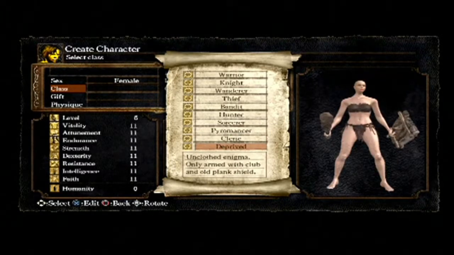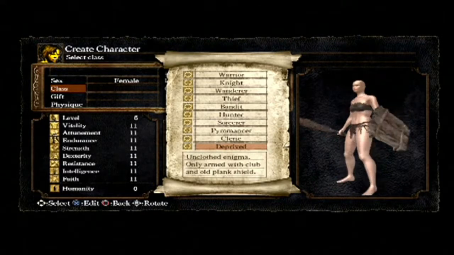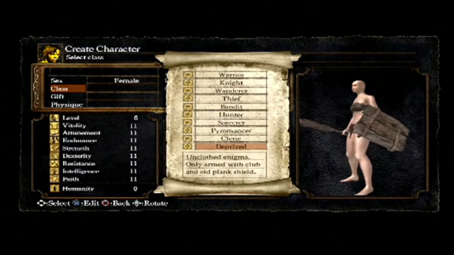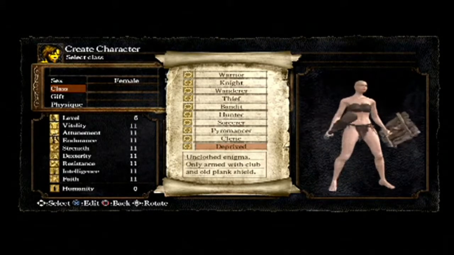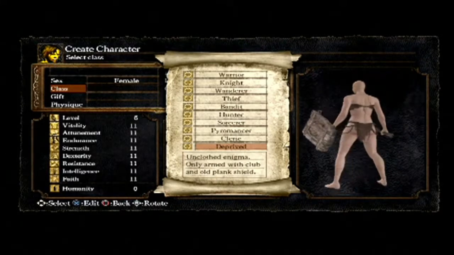And Deprived. Unclothed Enigma. Only armed with a club and an old plank shield. No armor, which is bad. Club is awesome. Plank shield, terrible. This character is one of the best if you are very good at the game, or at least not your first time playing. Because I'm going to be using this class and I don't want to be going with me being good at the game to start because that would...